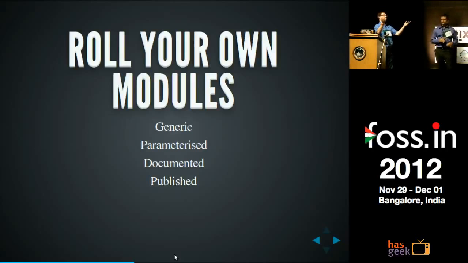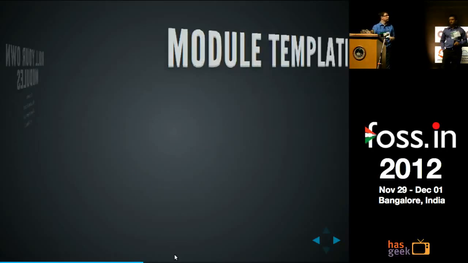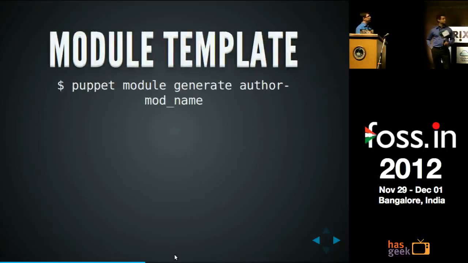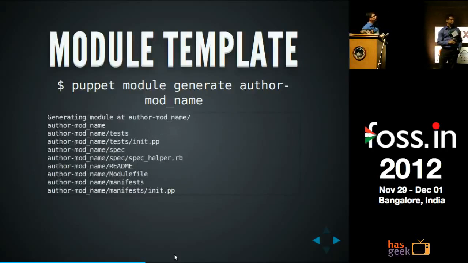So, you want to roll your own module. You've got these principles in mind. You're ready to go. Now what? Module template. All modules that you write on your own should use this. It's module template. It's very simple. You go to your command line. You type puppet module generate. Makes sense? Author could be you, could be your company, some sort of unique identifier, and dash the name of the module. This will build that,